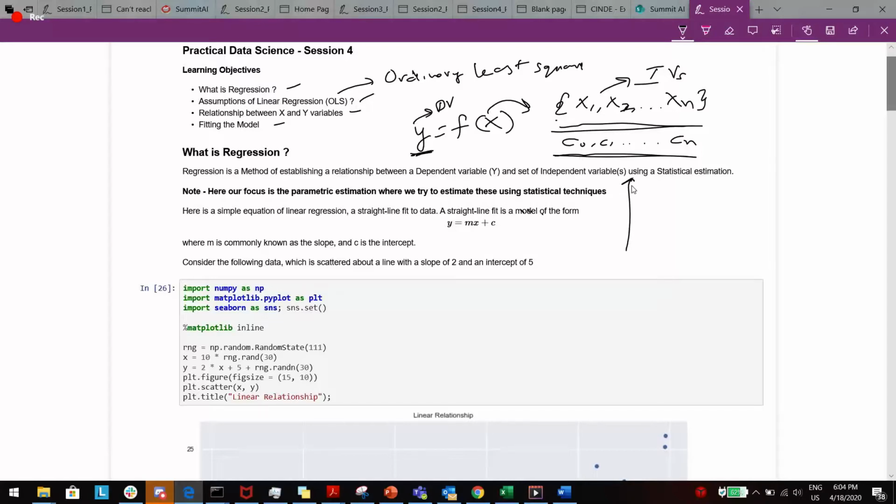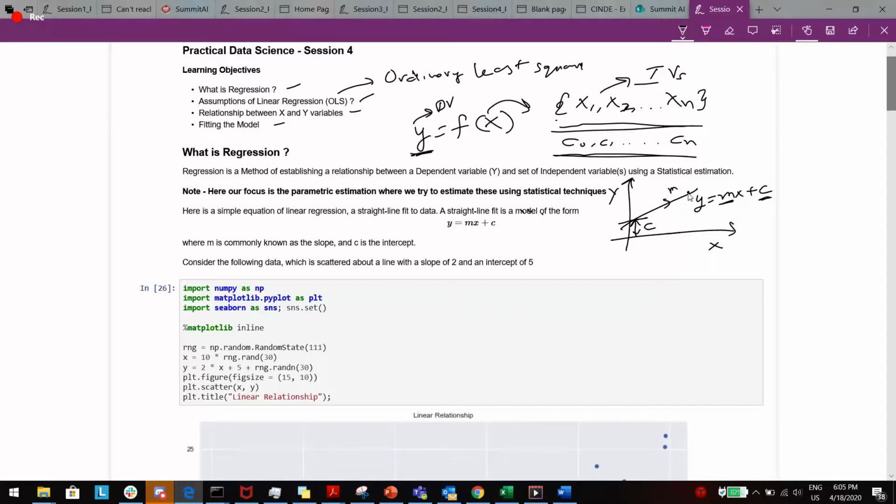Let's try to plot a straight line and see. Say this is my x-axis and this is my y-axis. Now if I draw a straight line, say this is guided by the equation y is equal to mx plus c. This is popularly known as the slope intercept form, where m is the slope of the line and c is the intercept. Intercept is nothing but this particular distance, which I'm calling c. So this is the y-intercept, and slope is the slope of this line.